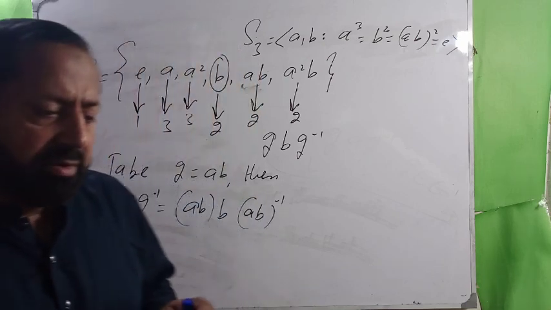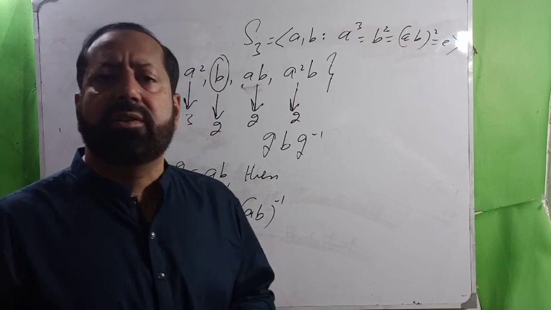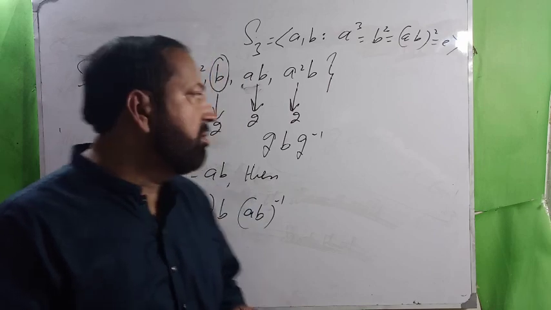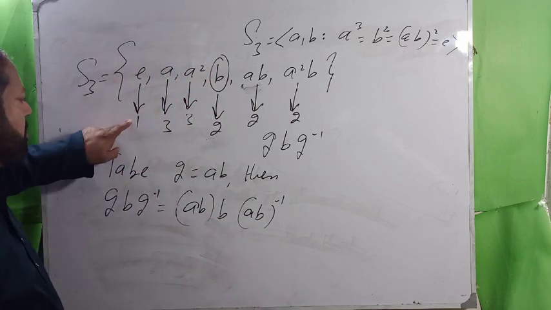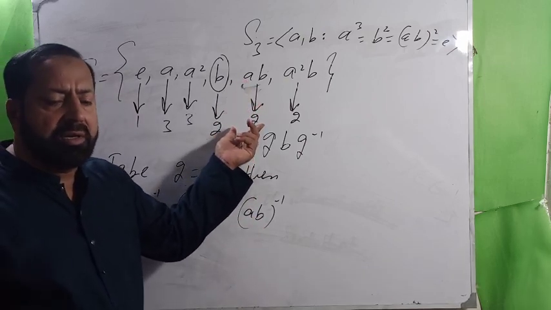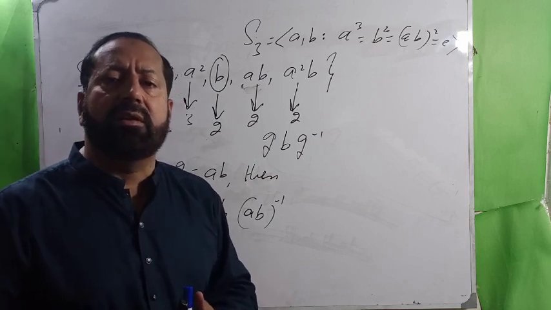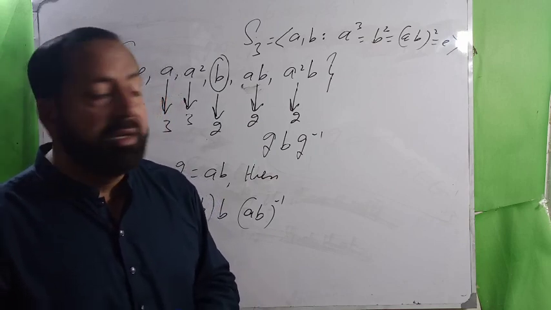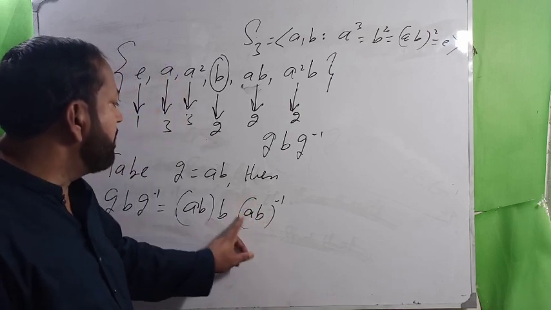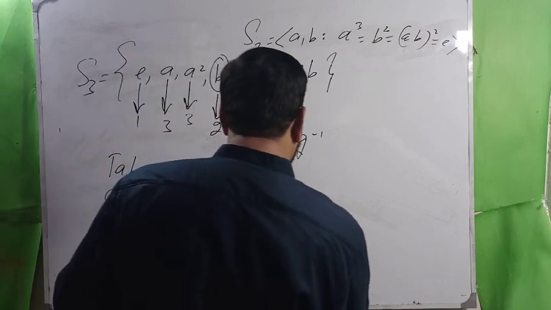Okay, so I have told you that whenever you write a group, first of all find its order structure. So this is the order structure, and since AB is of order 2, and you know that if X is an element of order 2, then of course X is equal to X inverse, right? So AB inverse is equal to AB.